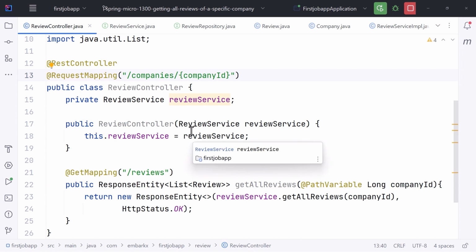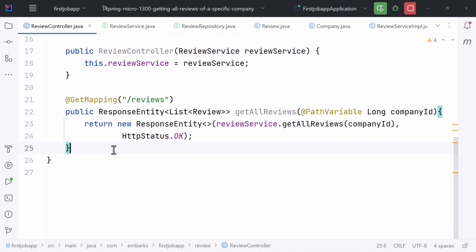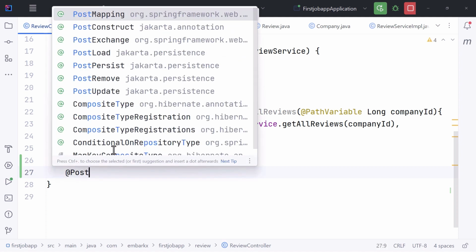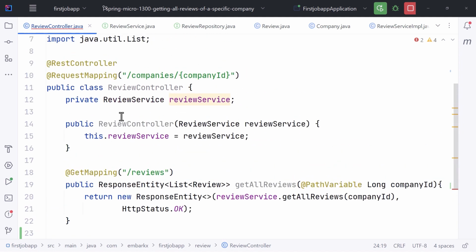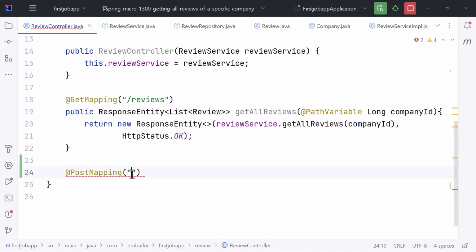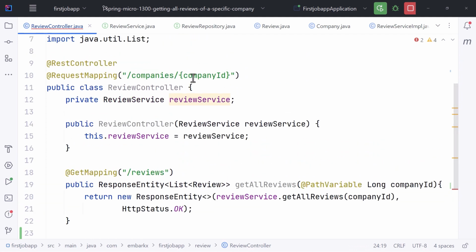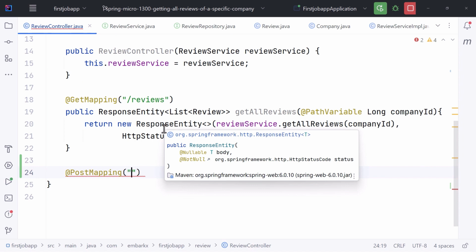And in the request body, I'm going to have the review object. Let me add the post mapping over here. So I'll say post mapping. And we have the first part of the URL defined here. So it's companies/companyId. This indicates against which company we are adding the review. And then I'm going to say